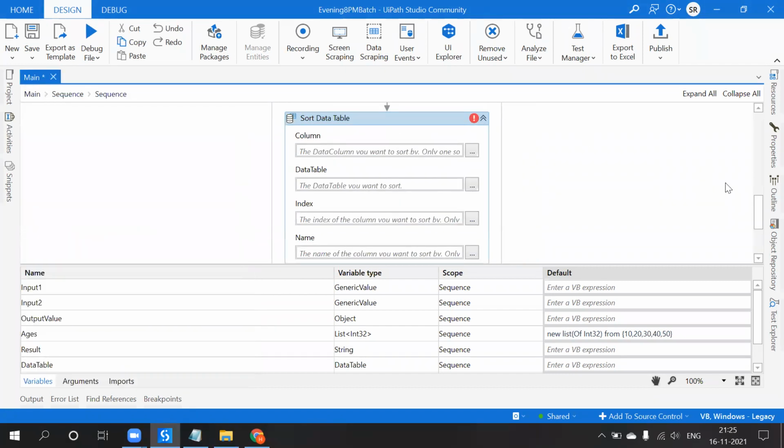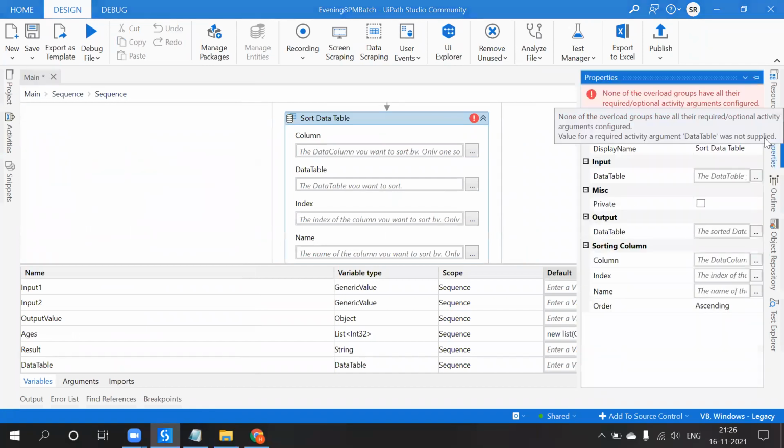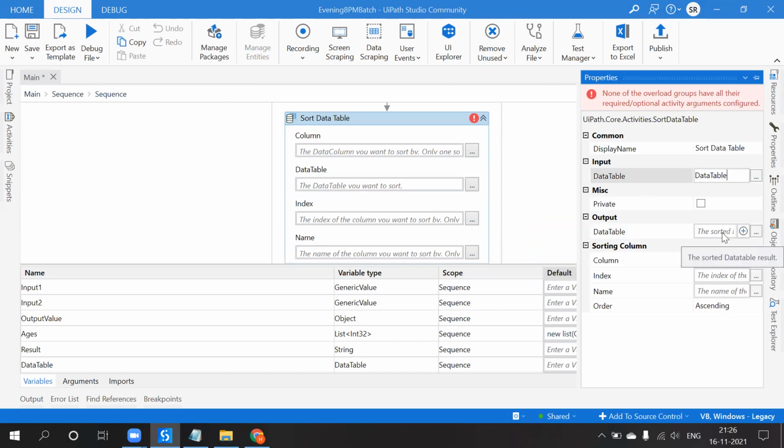So when we go for sorting data table, sorting is nothing but changing the order, displaying the values either in the ascending order or in the descending order. So the input is data table and output also is data table, but we will get the output in the form of sorting.